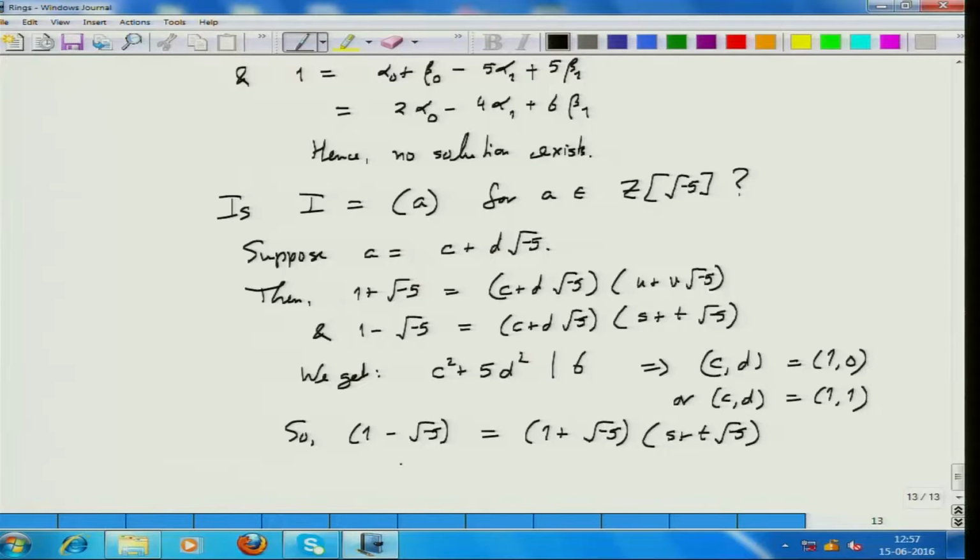See, again, if you take the norm, this is 6, so this norm should be 1, which means s square plus 5t square must be 1, which means t must be 0, which means s must be plus minus 1. This is certainly not true. It's false. And therefore, we can conclude